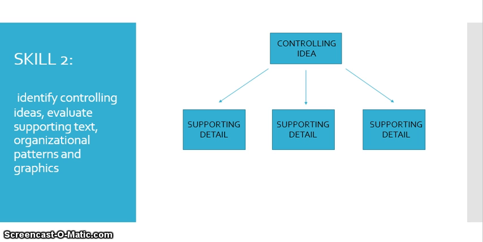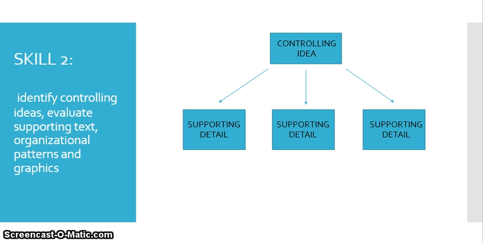You want to make sure that you're only using details that support the controlling idea. Supporting details are facts, reasons, or examples that describe or explain the main idea of a passage. An author will often include both important details and less important details to support the main point that he or she is making. So, you want to keep the following tips in mind in order to identify main idea and